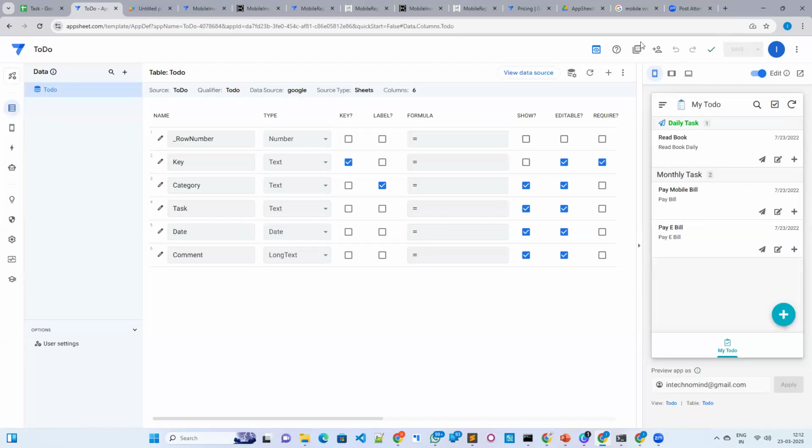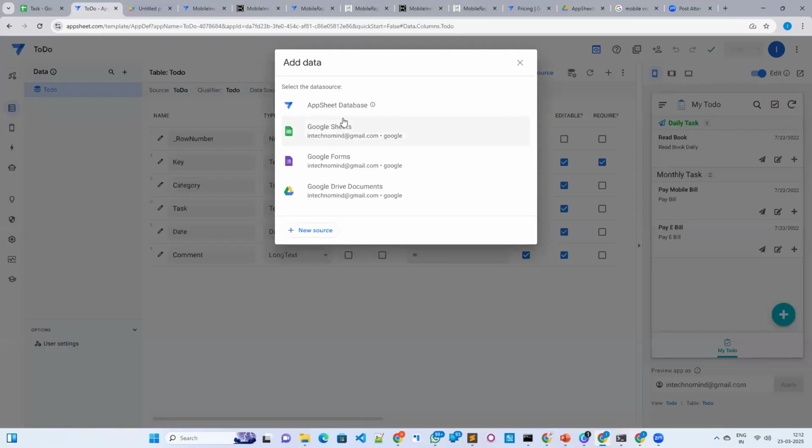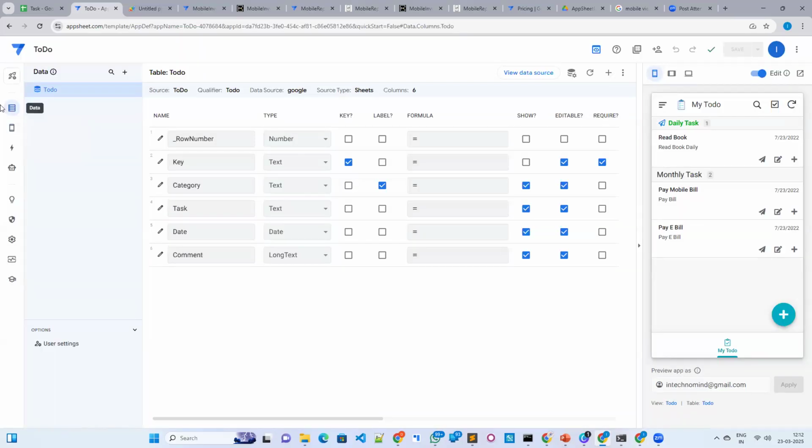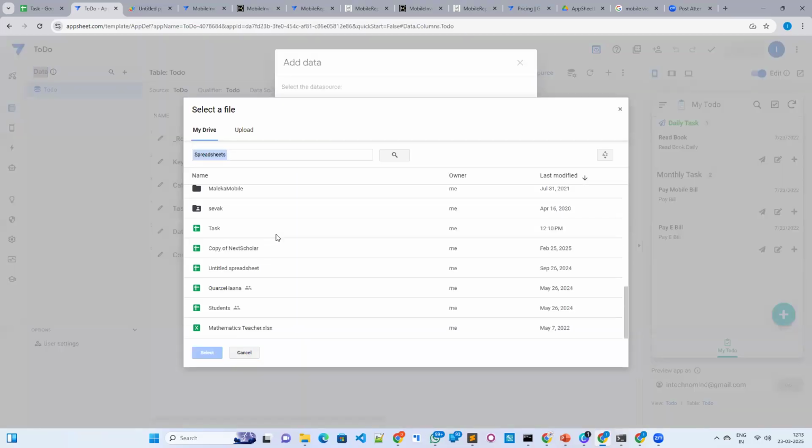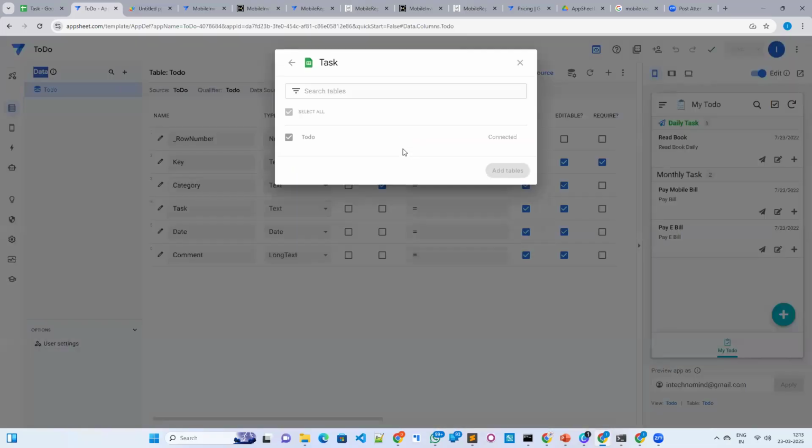The second aspect is my Google Sheet, where the data is coming from. If you look at this one, I have clicked on Data in the top left corner, and in the data, you see there is a plus sign. If I click on the plus sign, it gives me an option for what kind of data you can add. Okay, so if I go to Google Sheet and say this task,